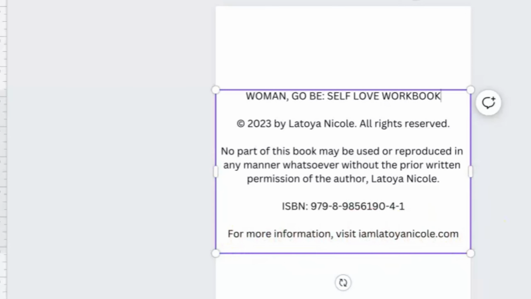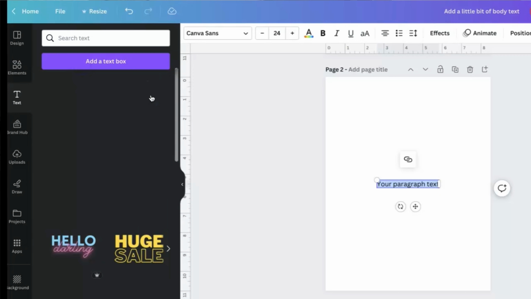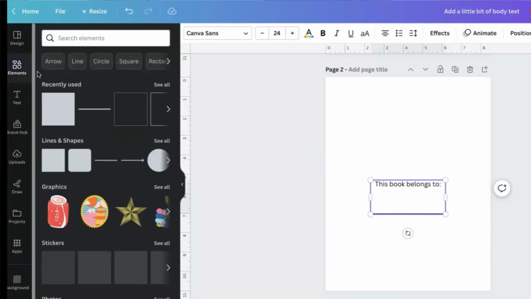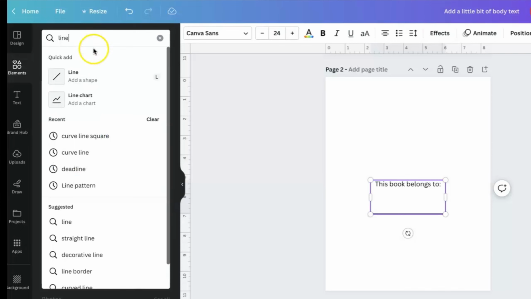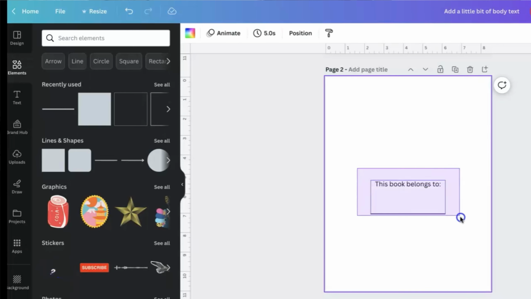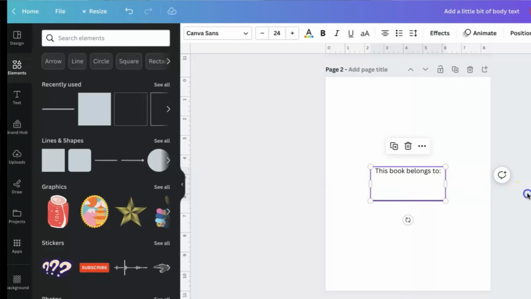And then I'll go ahead and add a page. On this page, I think I'm going to add some more text, and I'm going to put, this book belongs to. And then under that, I usually use the shift key and the underline key. But if you don't want to do it like that, you can always go over here to elements and search for lines. Then it'll bring a line to your page, and you can just use the line like that, see? And then I'm going to highlight all of it so that I can move it all